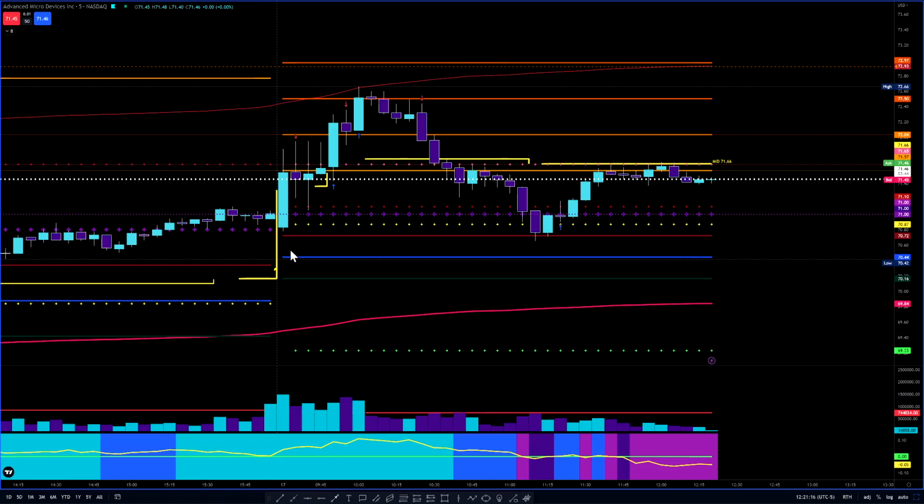And we have the open here. You see those yellow lines right there, that's the open. So we're opening above that value, but we're still within yesterday's price range, right? So it's still moderately bullish.